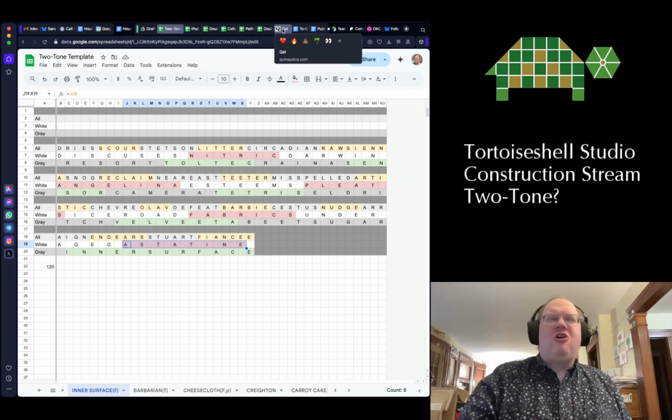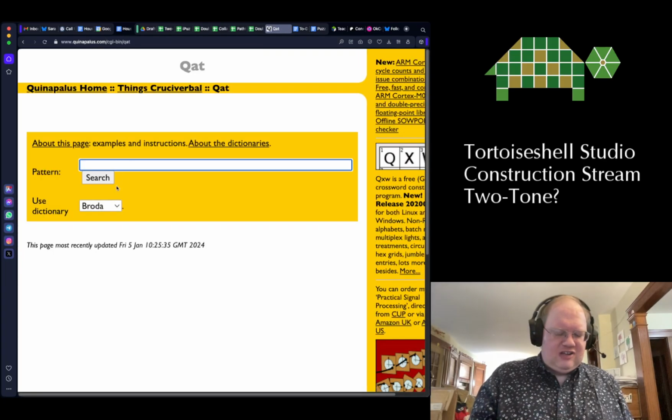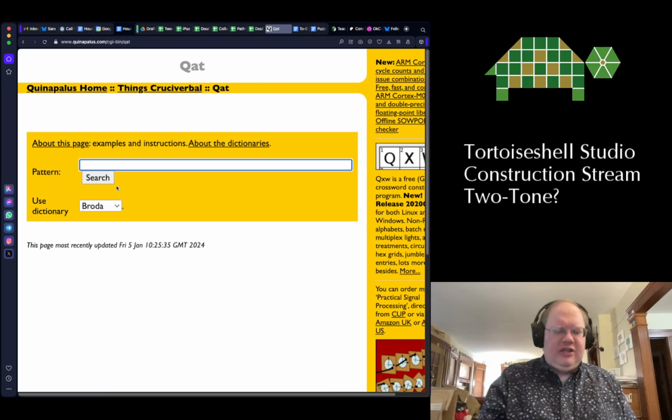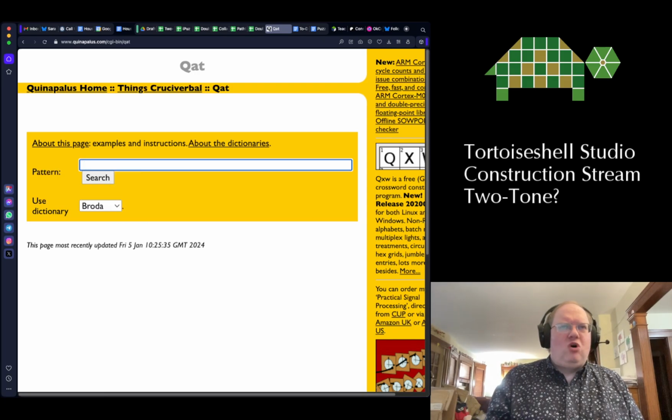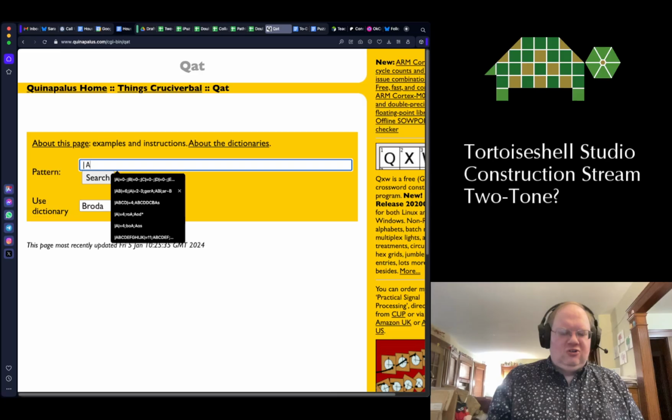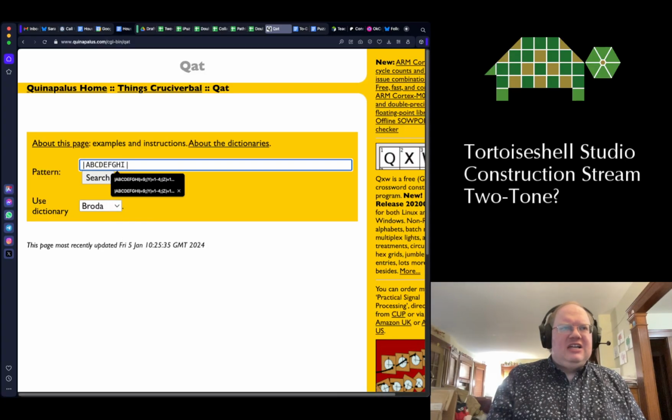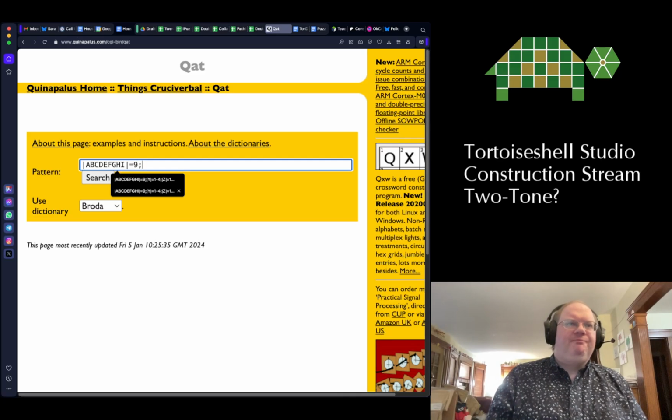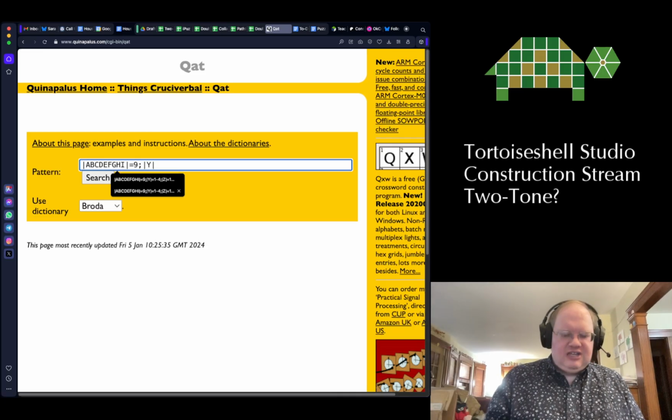But if I don't already have a seed in mind, then what I'll usually do is I'll put in a query that looks something like this. Let's say I want a 9-letter word to be the first two-tone answer. And I'm hoping that the every other letter groups will be extended a little bit beyond that. So I'll say I'm going to use variables. I want to specify that A, B, C, D, E, F, G, H, I is 9 letters, which just forces each of them to be a single letter. And then I'll have 2 additional variables. Let's call them maybe Y and Z,